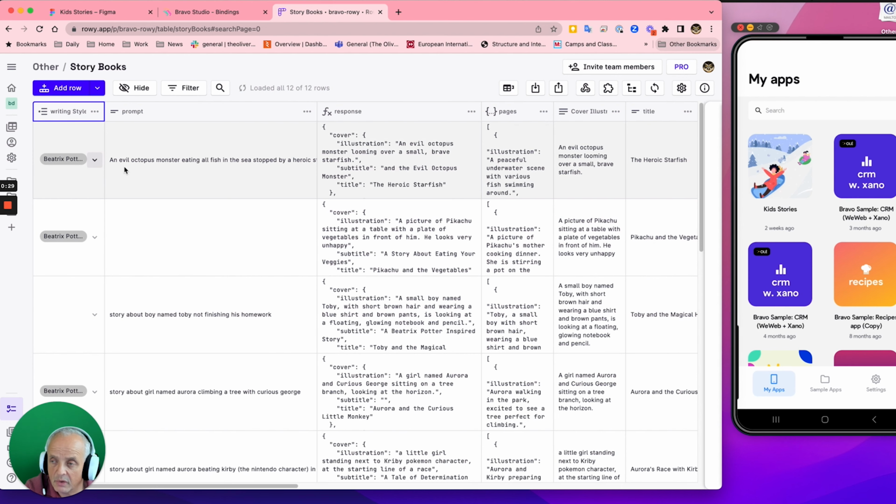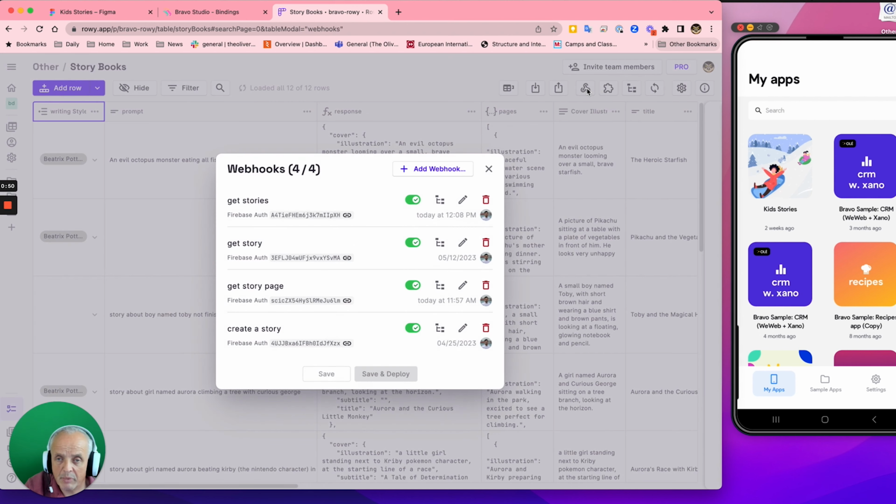So the idea is you put just a prompt in here, what the story is about, and they use AI to generate all the other pieces, the images, the text, and even make a voice to speak out the story and have it in the backend available for an API. I'll let the Rowy guys talk about how it all works separately, but for now I'll just talk about connecting it to Bravo. Okay, so the first thing we're going to do is go to webhooks where the APIs are,